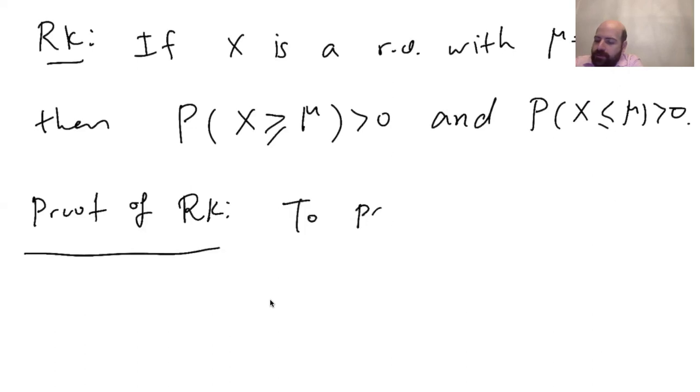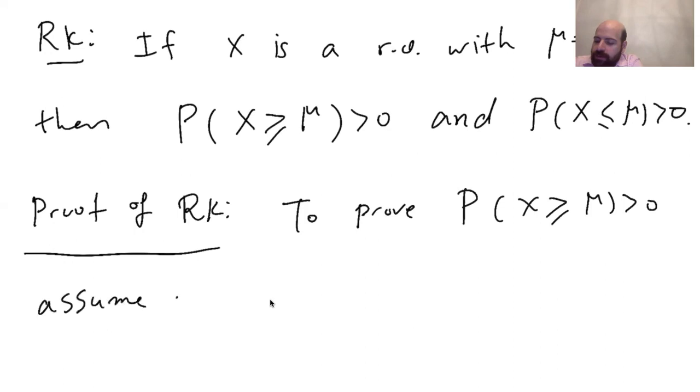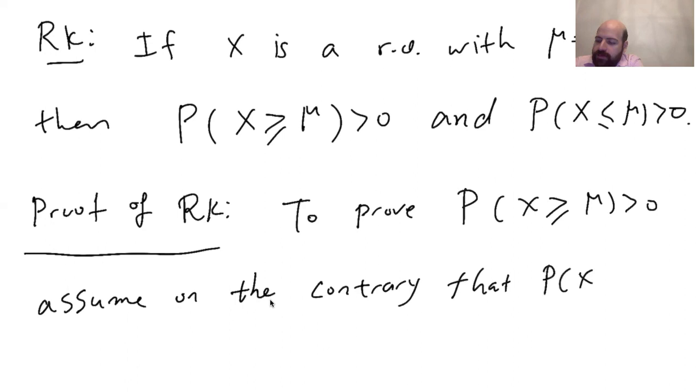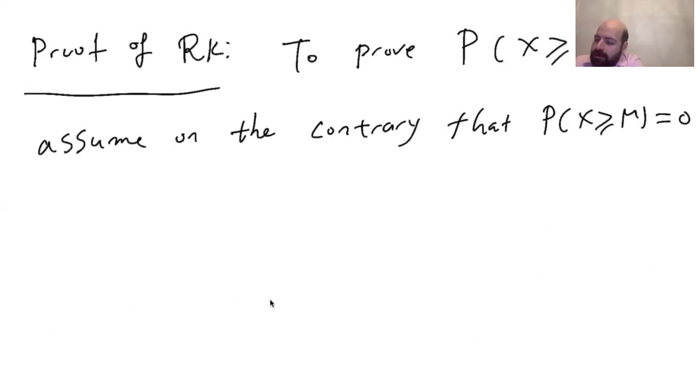So to prove that P of X being bigger than or equal to mu is positive, assume on the contrary that P of X bigger than or equal to mu is equal to 0. I'm using proof by contradiction here. We want to prove that P of X bigger than or equal to mu is positive, so let's assume this is not the case. This would mean that P of X bigger than or equal to mu has to be equal to 0. Okay, now let's see what type of contradiction we get here. Then